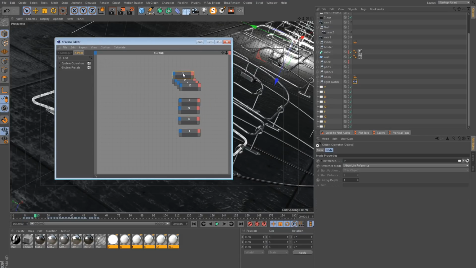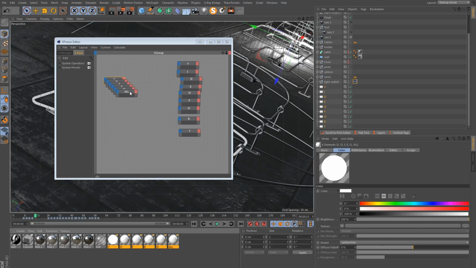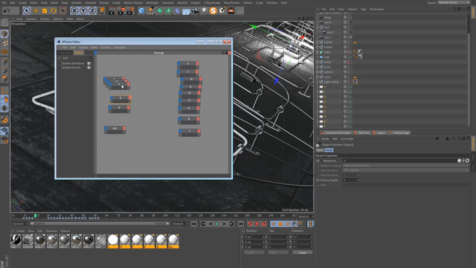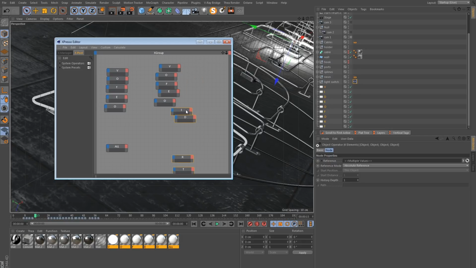Let's arrange them, and also take these materials and bring them into here. And the only letters which had the individual animation are V, O, F, E, O, and the rest were done at the same time. So try and arrange them in a way that makes sense here. So V, O, F, E, O, and the rest of these need to be down here.